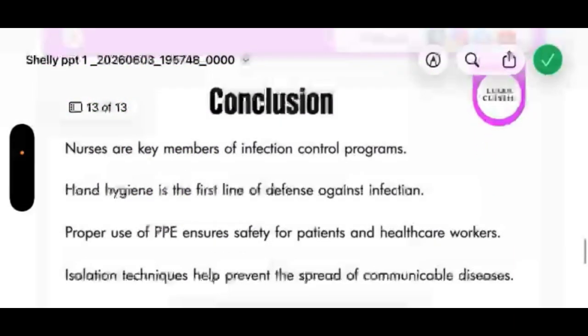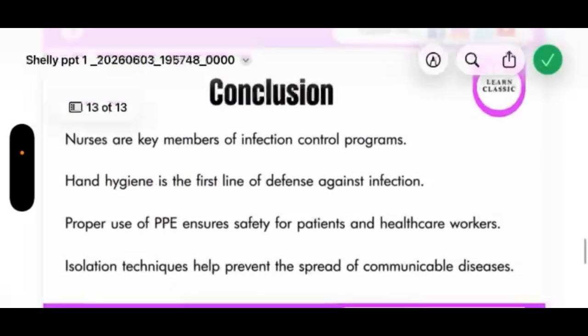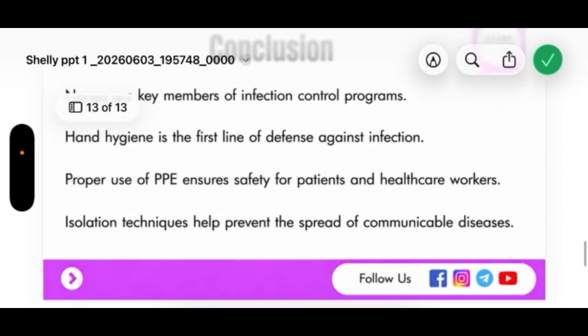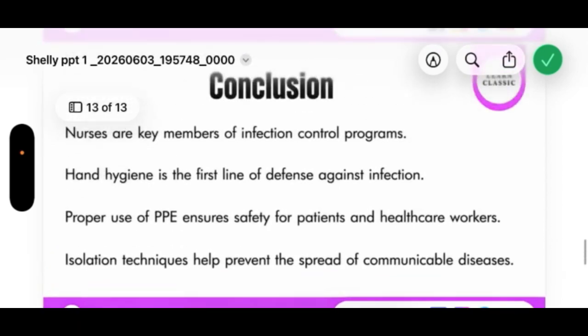So we can conclude that nurses are key members of infection control programs. Hand hygiene is the first line of defense against infection, which we all learn from the very first day of our course. And the proper use of PPE ensures safety for patients and healthcare workers. Isolation techniques help prevent the spread of communicable disease. Okay. So this is all for